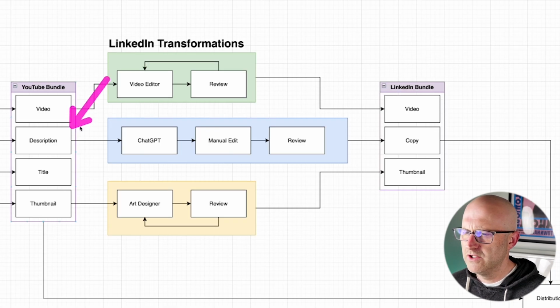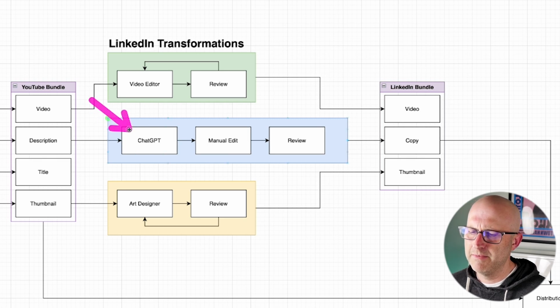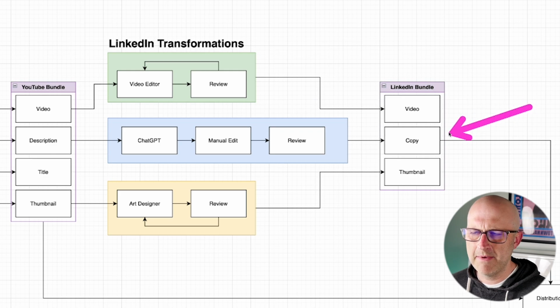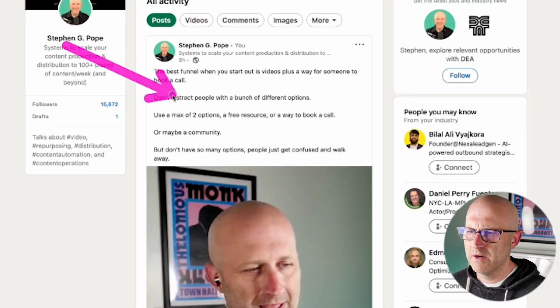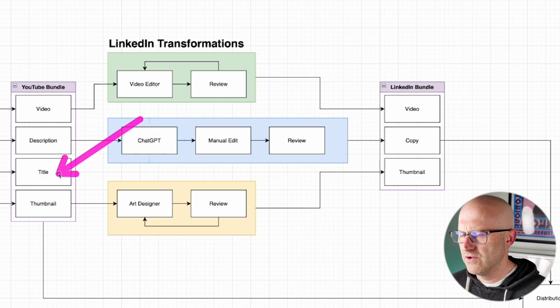And then we're going to take that YouTube description and we're going to send it through ChatGPT and do a manual edit and a review so that we can produce the copy for that video. You see the copy that we're going to produce right here. LinkedIn videos don't use a title, so we won't be using the title in this transformation here, but we can also take that thumbnail,